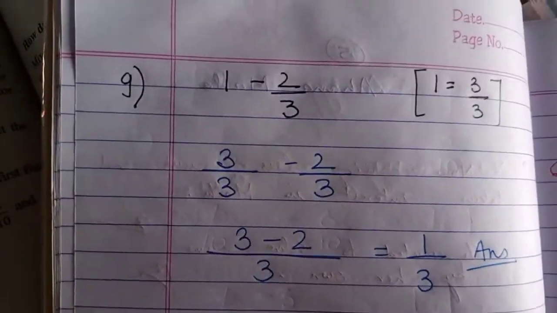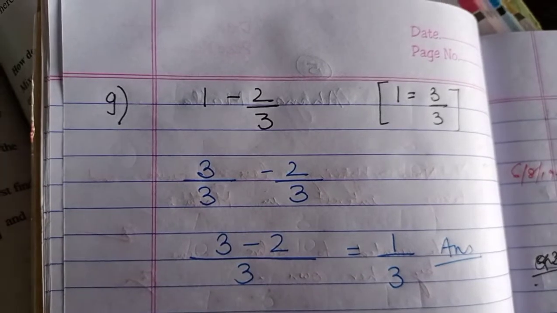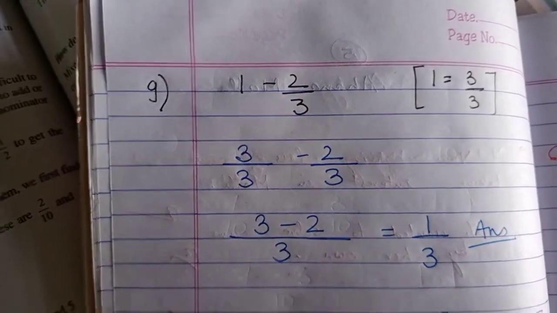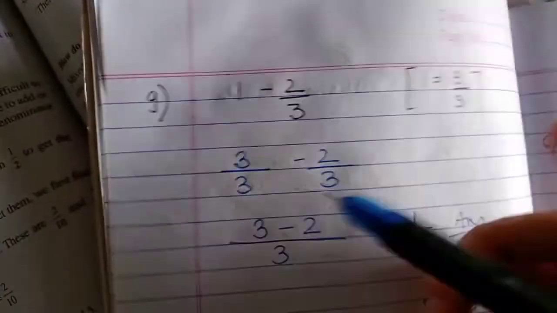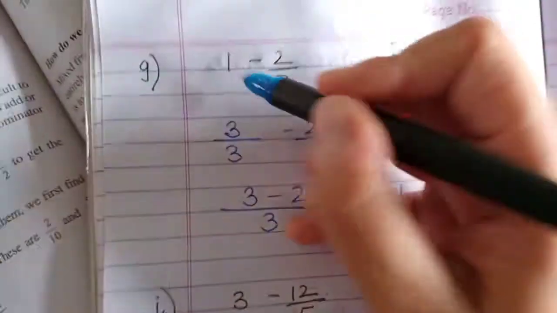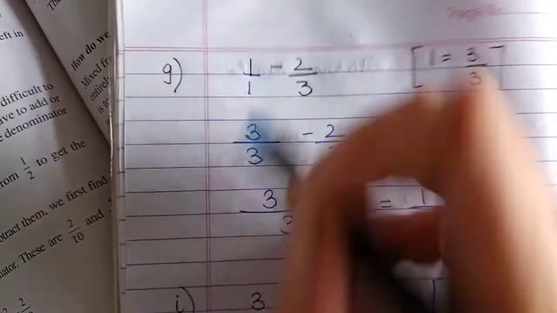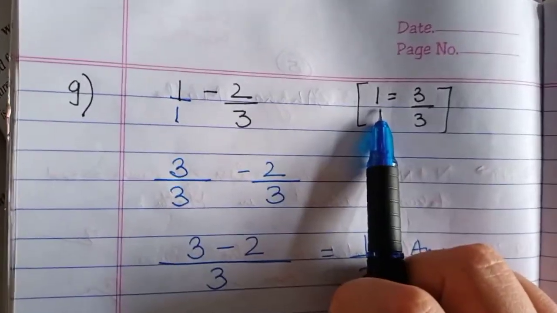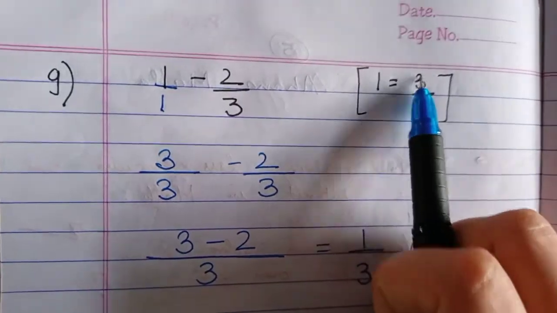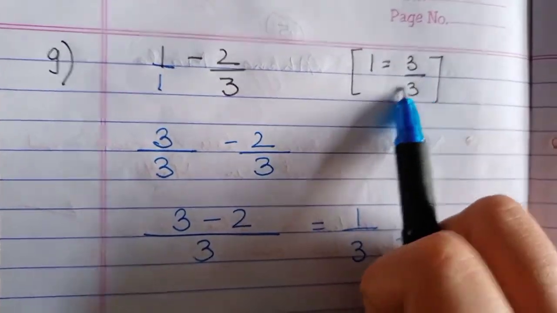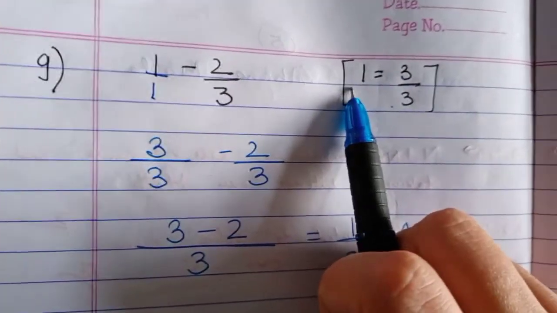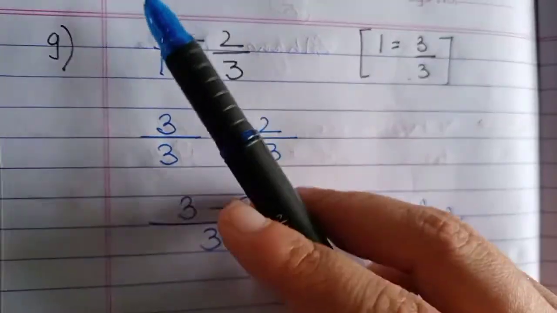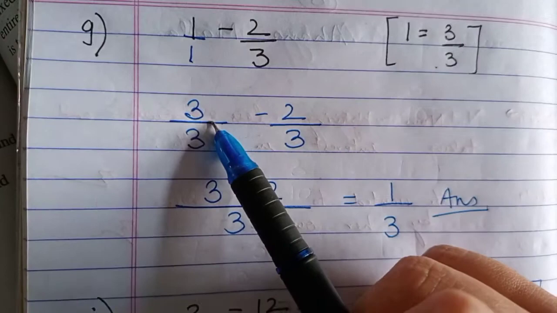Here I have taken the another part G. Now in this question what you are supposed to do, 1 minus 2 upon 3 is there. How to do it? Now it doesn't have any denominator, but we can write 1 as a fraction. In exercise 1 we did the number line. 3 upon 3 can be written. If I reduce it to the lowest term, 1 will come. So 1 is equal to the 3 upon 3 fraction. So in place of 1, may I write 3 upon 3?